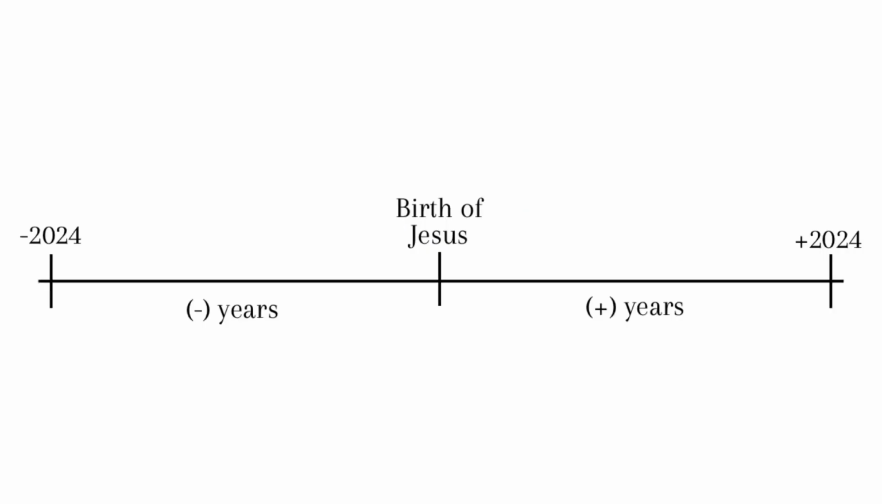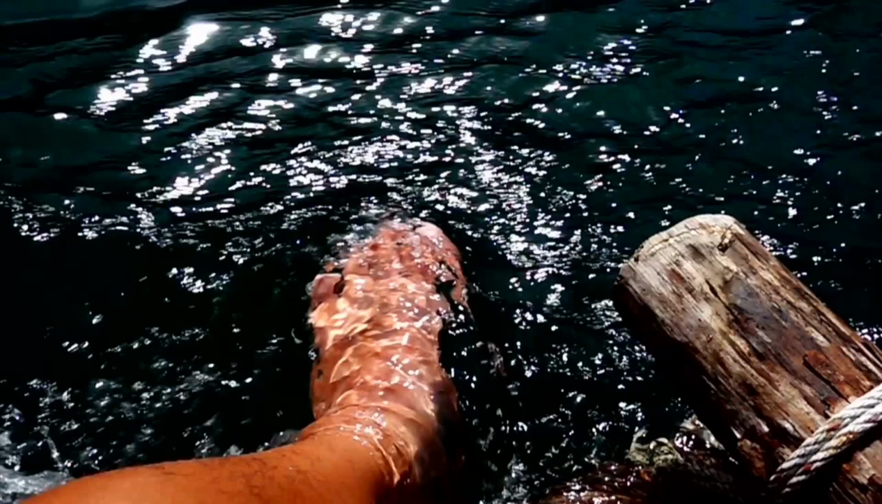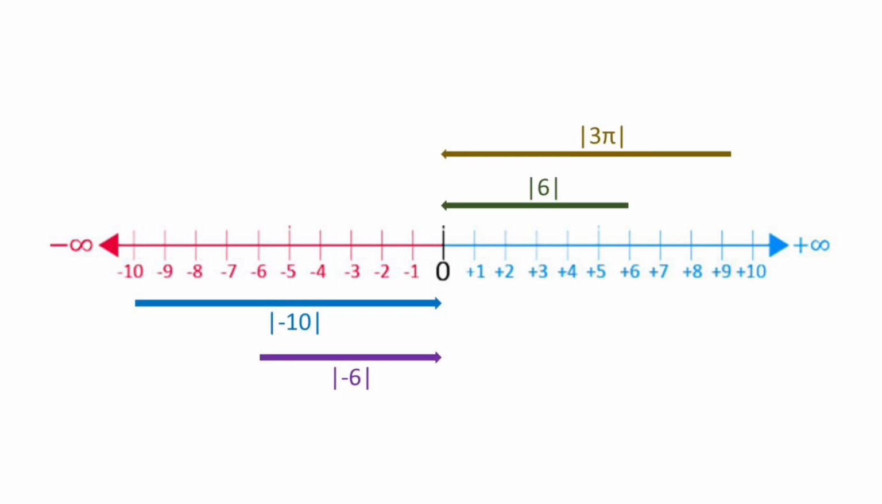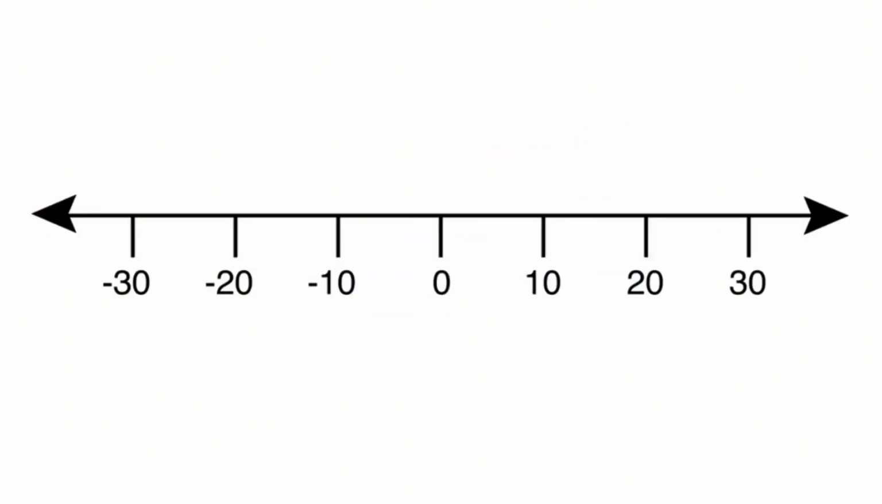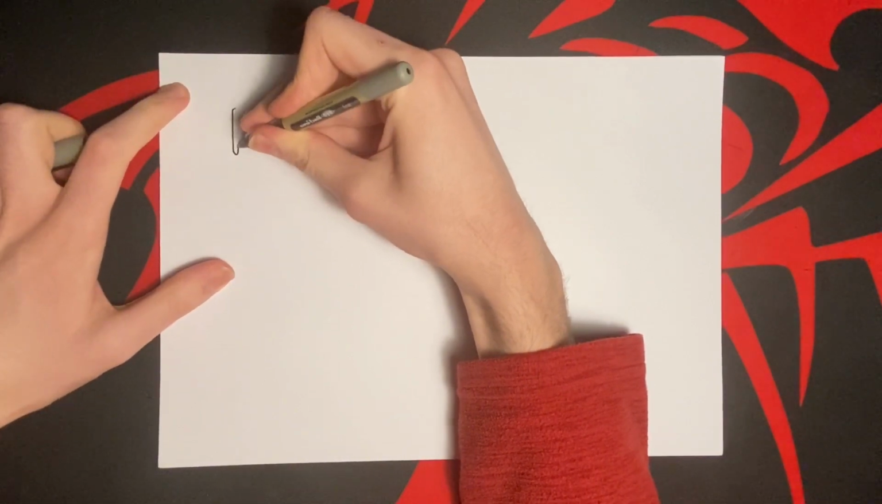Instead of using AD and BC, we could just as easily use positive and negative years, and everything would work just as nicely. The ancient Chinese were potentially the first to dip their toes into the concept of negative numbers, allowing the use of them to a certain extent. They had a calculation system involving rods,